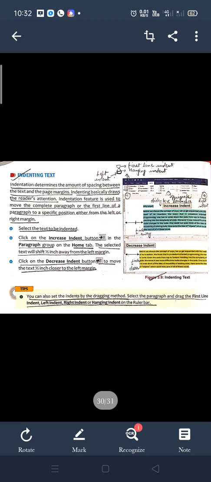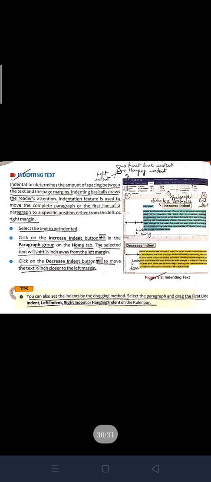Before doing any kind of setting, children, you have to select the text. The first one is increase indent, which moves the text 0.5 inch away from the margin. Every click on the command will move the text 0.5 inch away from the margin.